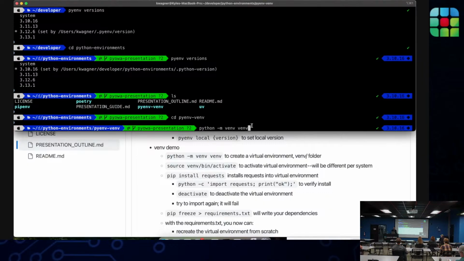So you can name them whatever you want. Commonly, you see them just named venv, V-E-N-V, or .venv. I kind of prefer it without the dot, though I think it goes a little bit against convention, but ultimately you can name them whatever you want, so I'm exercising my right here.